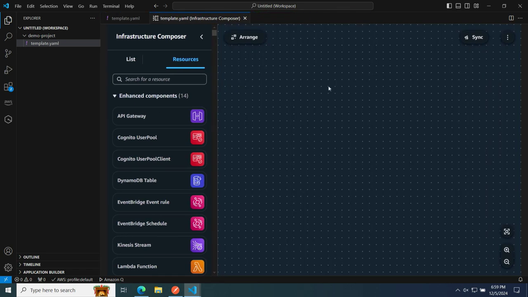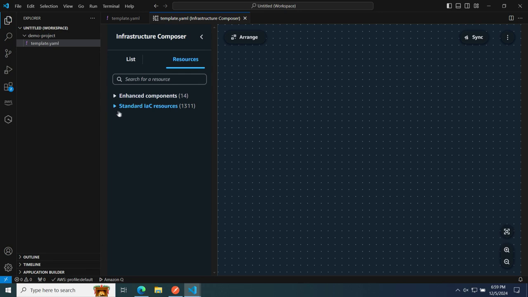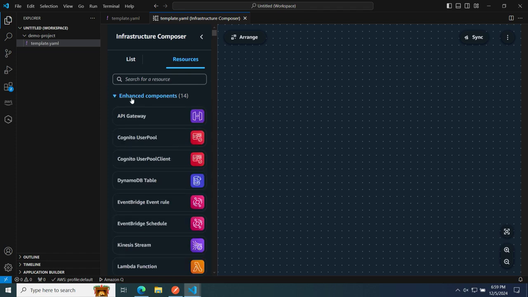And if you see here on the right hand side, this empty space is the canvas where I'm going to drag and drop the resources and create my workflow. And on the left hand side, we have the list of resources. We have standard IaC resources, which are the standard CloudFormation resources. And then we have enhanced components. These are a combination of one or more